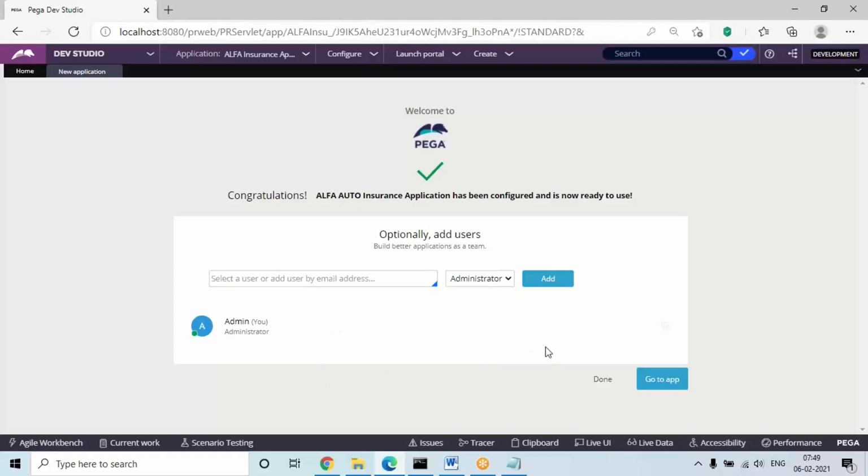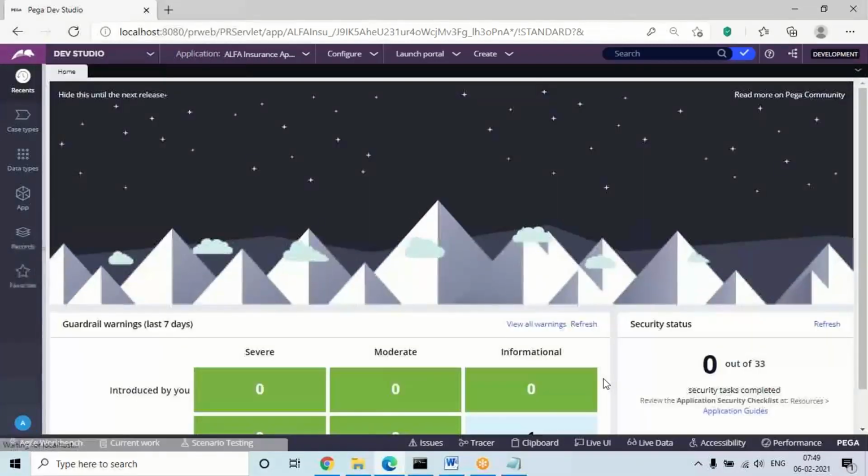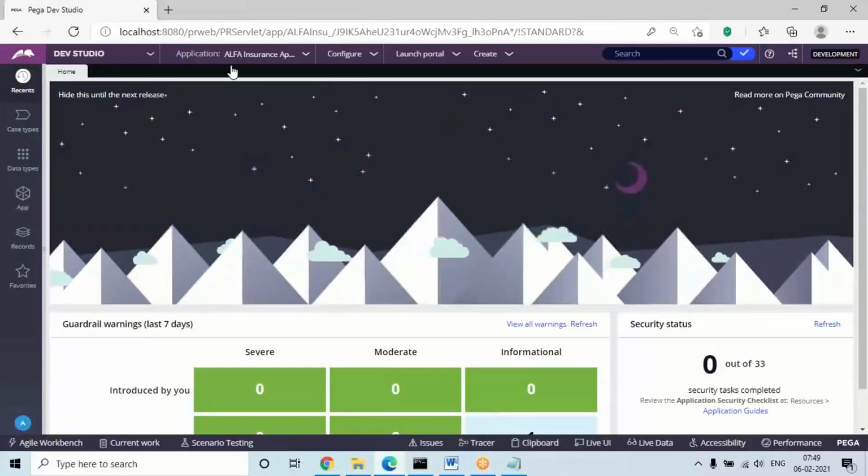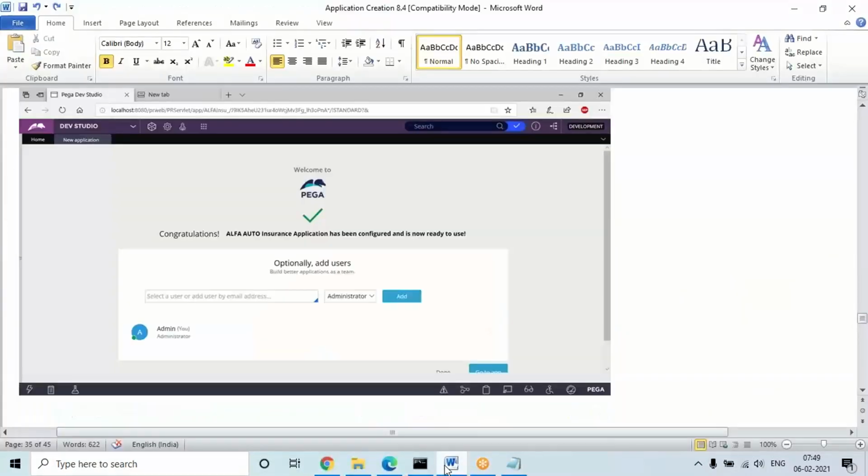Okay, so what you need to do is, without creating any new ID, just click on this done button. So click on the done button, then it will automatically go to your framework application. And what you need to do is just log off. So after your application is generated, just click on done. That message is not there. 1 second. So click on done. So after you click on done, it will go to the user defined framework, or the framework application.